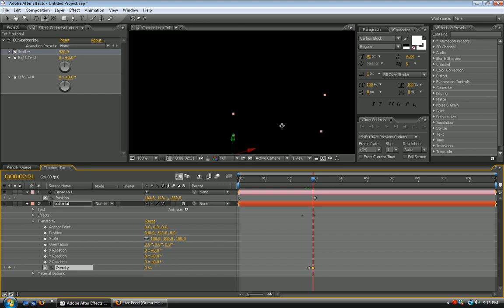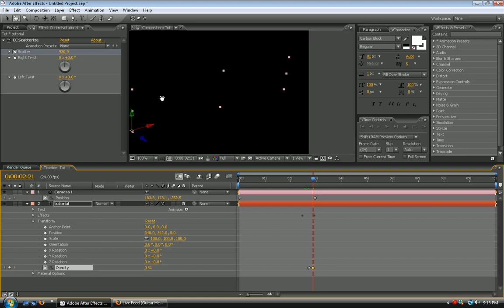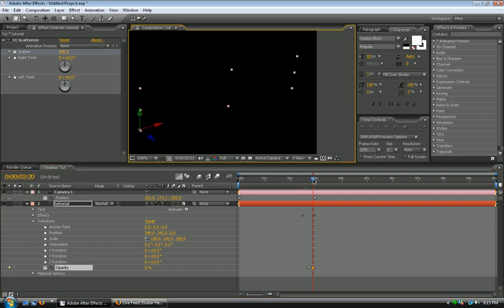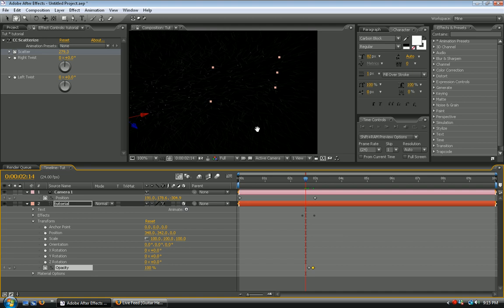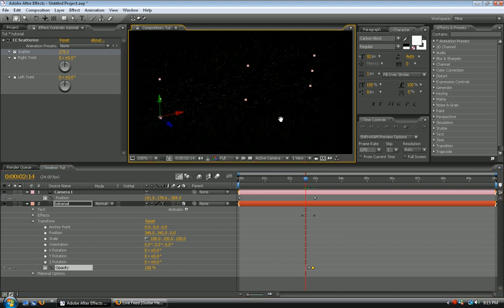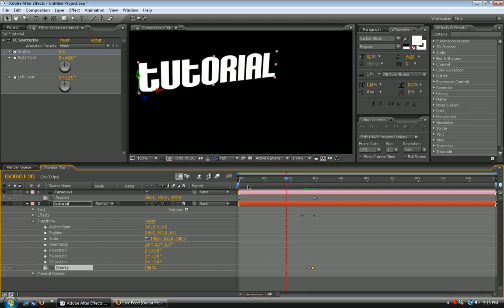And now you'll see up on your preview screen that it'll be gone. Nothing will be there. But if you scroll back a little bit, you'll start to see the particles. And that's exactly what we want. So now what you're going to have,